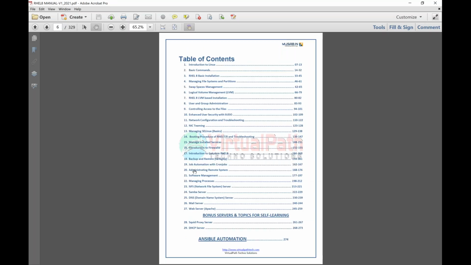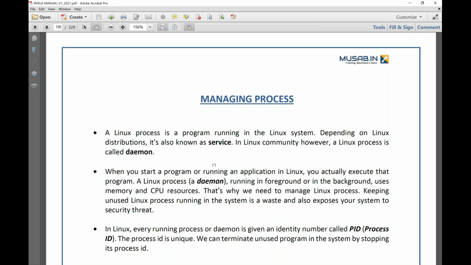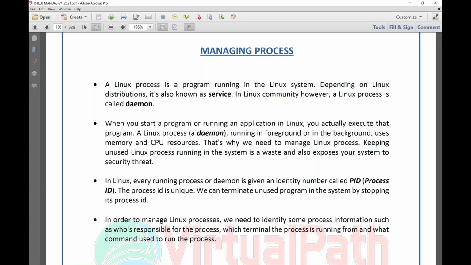So, yesterday we have done a fantastic concept that was software management, YUM and DNF. I hope you might have completed that practicals because in the coming time, everything will be installing software and doing the task. All right. Now today we are going to talk about another very important chapter, which is called as